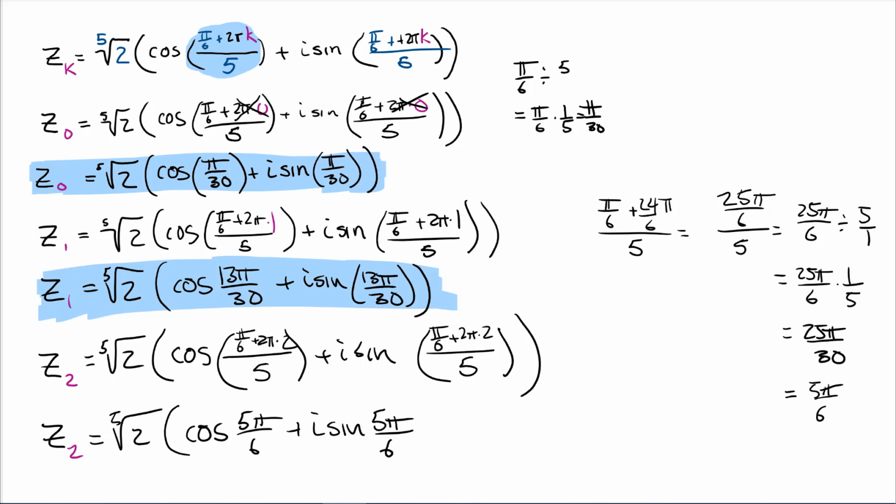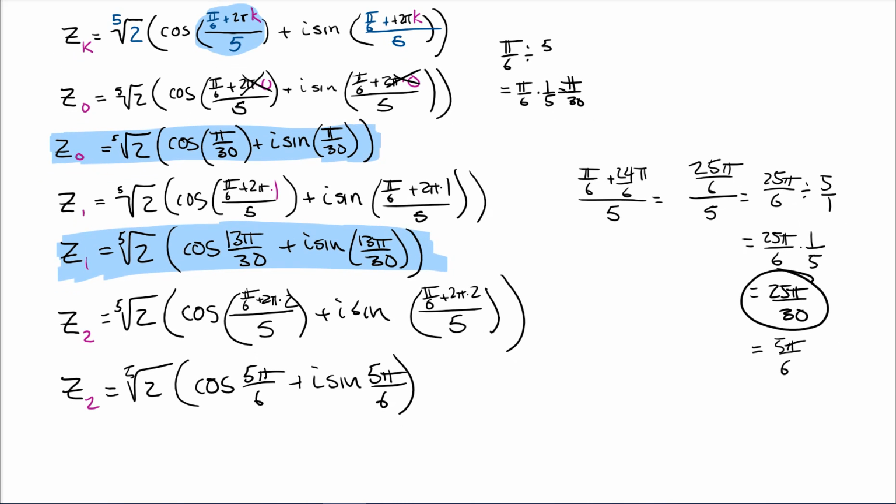But you and I both know it's 25 pi over 30. There's our next solution. But now I'm going to cheat. I don't want to continue doing this. This is crazy talk. I know that the next one, I'm going to be like, all right, it's the 5th